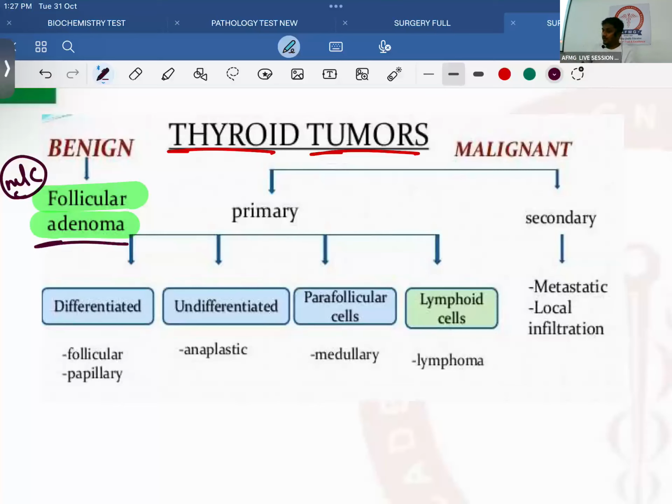In the thyroid follicle, we have the follicular cells. Then outside the thyroid follicle, we have the parafollicular cells. And local defense is given by lymphoid cells. A tumor can arise from anywhere. If the tumor is from the follicular cell, it can be either a differentiated or an undifferentiated cancer. Differentiated means